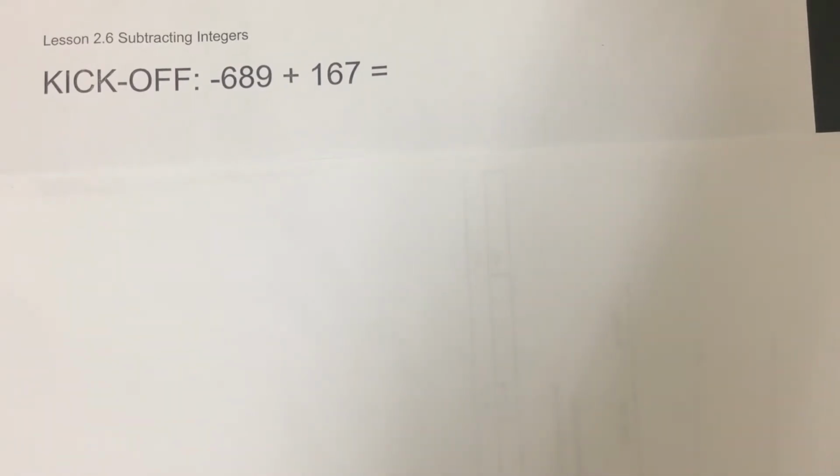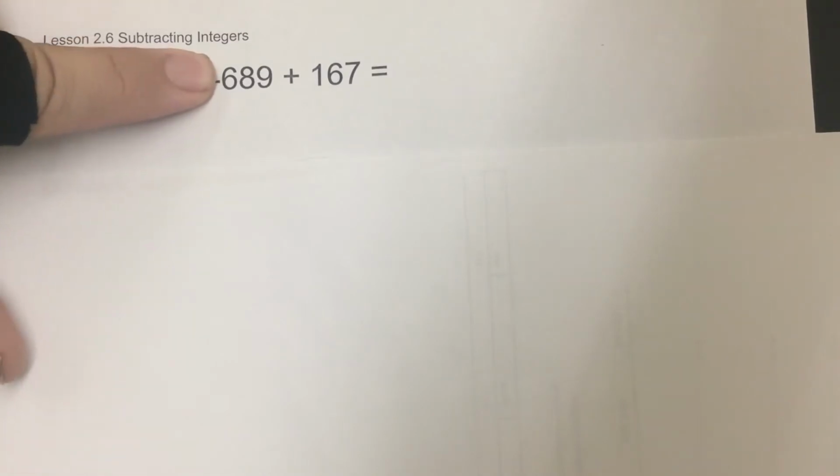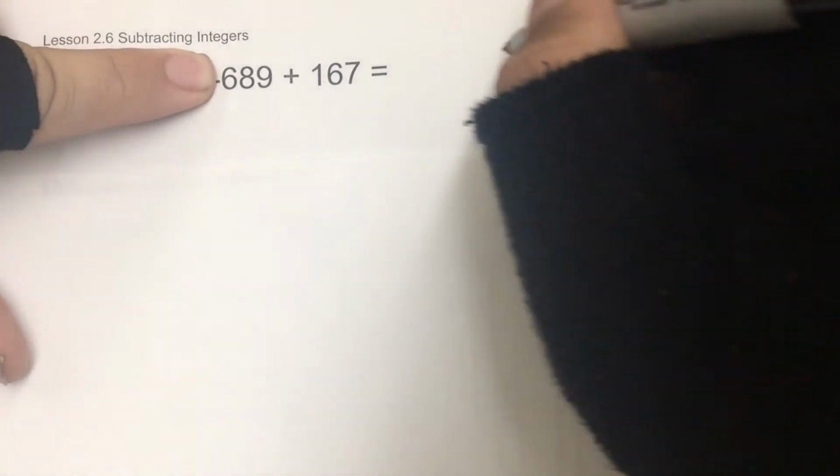So if we have negative 689 plus 167, remember, when they're the same sign, you just add them together, and the sign each of them are is what the final sign will be. When they have different signs, you don't worry about the sign, but you take the big number minus the small number. So in this case,